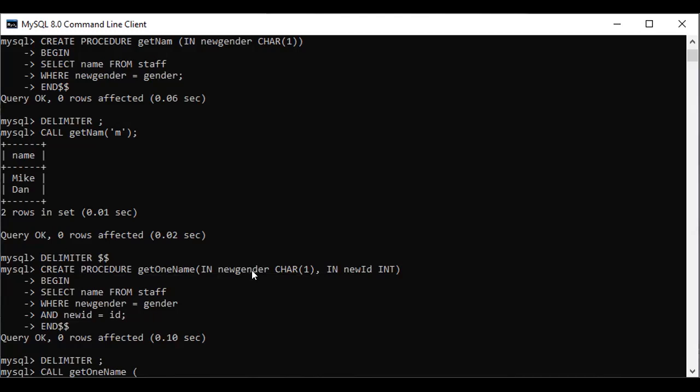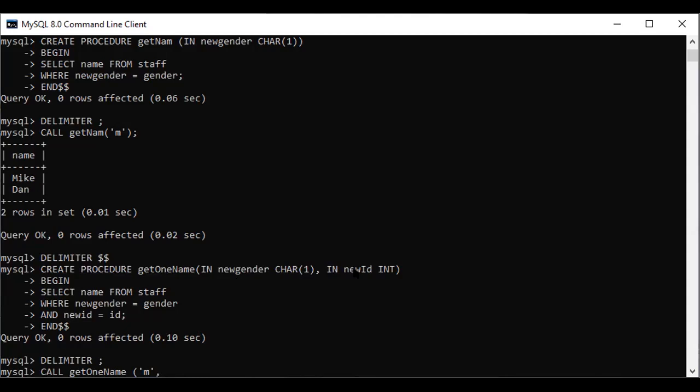So in gender, it is equivalent to the gender. I already told that. So I am finding the male, and passing the M parameter value to this parameter. I want to pass another value over here, ID.